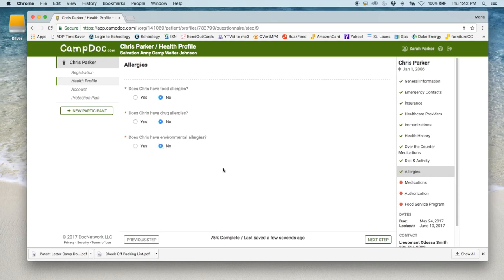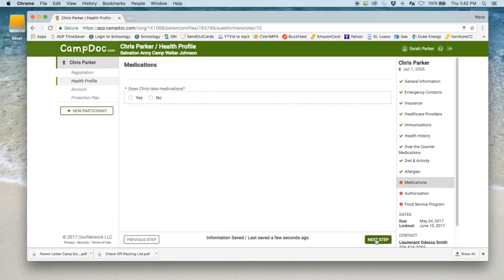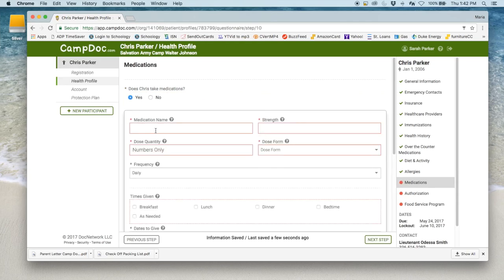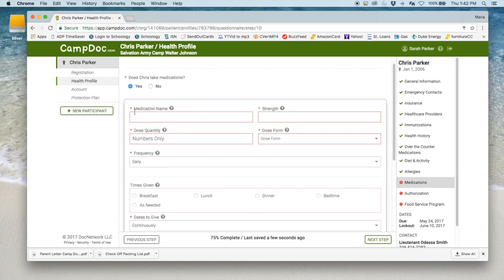and environmental allergies. Then click Next Step. Does your camper take medicine? Yes or no? If you click yes, you will need to go through and pick which type of medicine he uses, the dosage, the strength, what time during the day, breakfast, lunch, dinner, when it needs to be given, and if there's any special notes that you